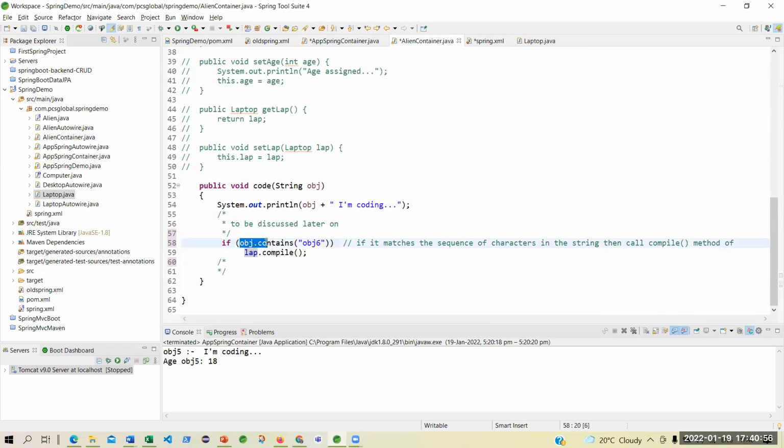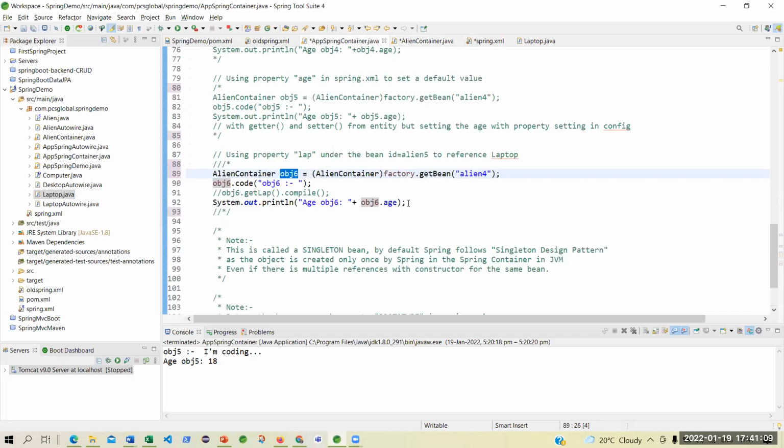And here in this statement, I'm trying to understand whether obj contains obj6. This contains is a function. So obj6, I will go back. Is it obj6? Yes, sir.